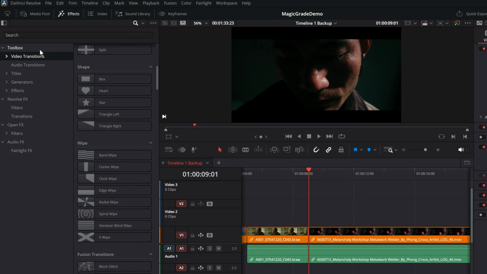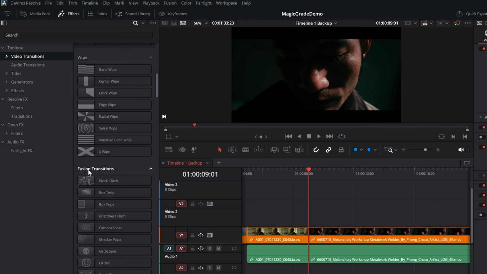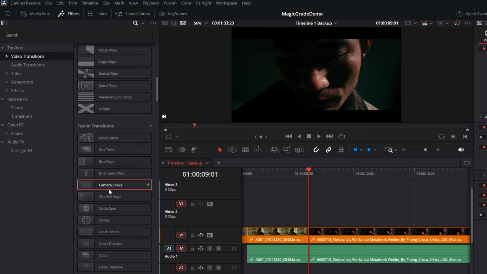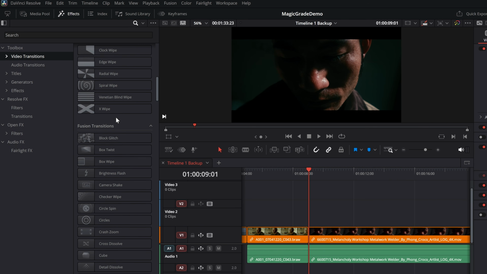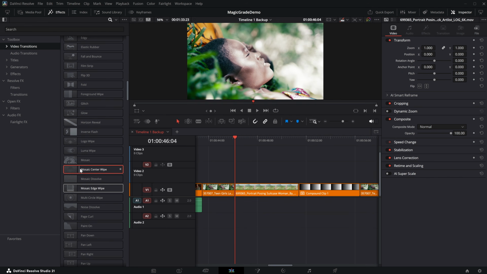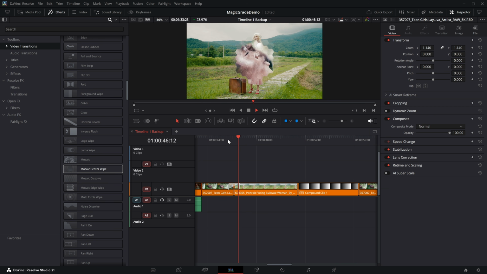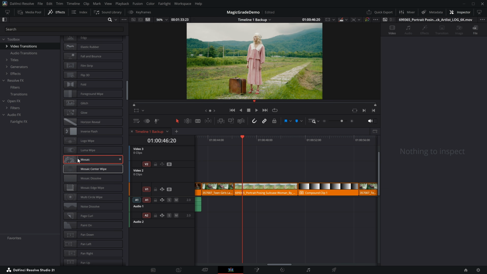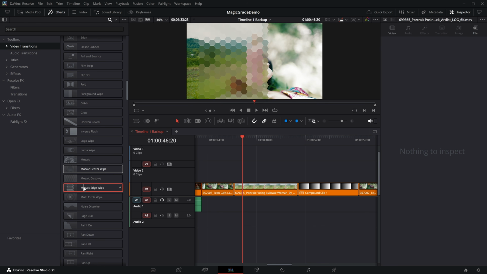So, edit page, effects library. First of all, video transitions. There are some new ones within here. They all exist within this Fusion transitions area. Most of them you have to scroll down. They've slowly been adding more and more to this library, which is really nice. So we do have some additional ones. I've actually used some of these in some short form because I quite like these. We've got a mosaic center wipe. So you just drop that on there and you've got this nice little mosaic effect. There's a full mosaic, which I think was there before. We now have a mosaic dissolve, and my personal favorite, a mosaic edge wipe, which just kind of wipes across,